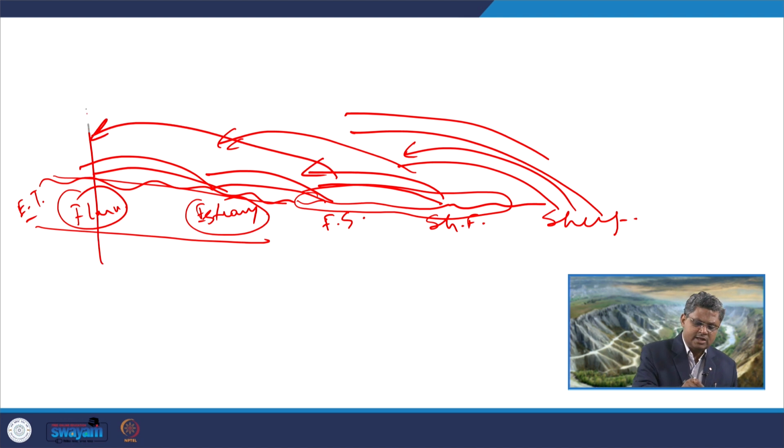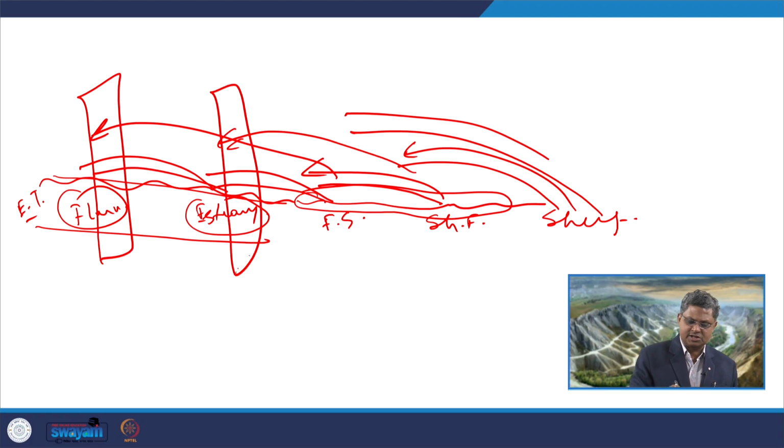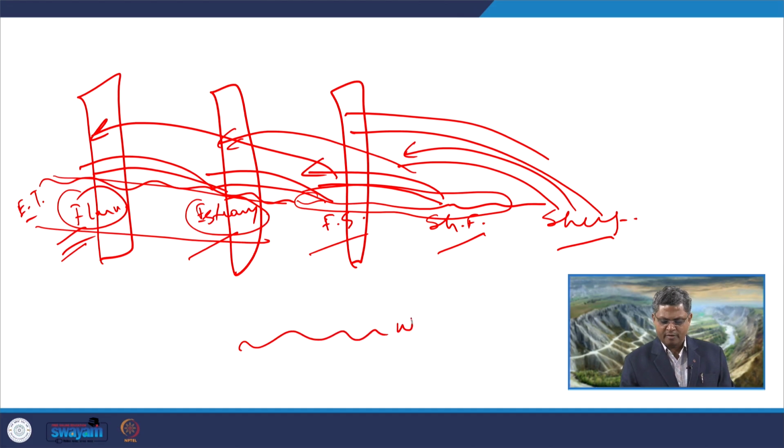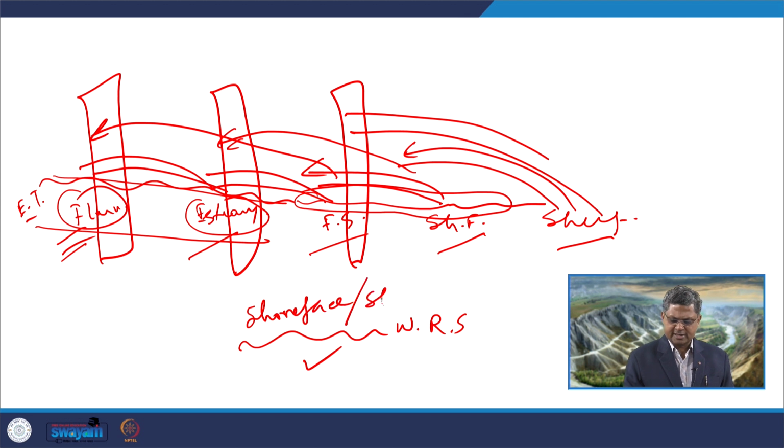So, throughout this succession, anywhere we make a section over here, what do we get? We get varied facies types: fluvial facies, estuarine facies, foreshore, shoreface, shelf facies below this wave ravalement surface. Whereas the overlying facies is dominantly shallow marine. So it is either a shoreface facies or a shelf facies. In rare cases, it can be a foreshore facies as well.